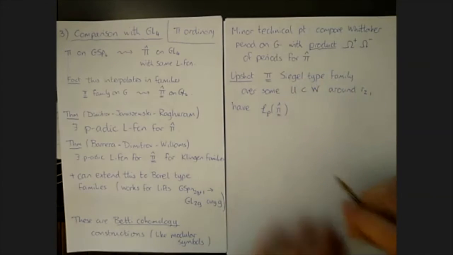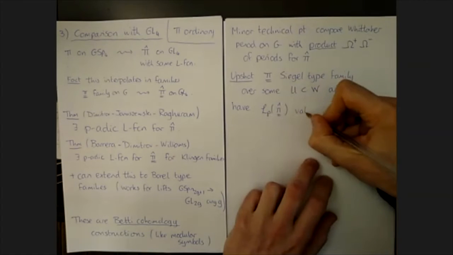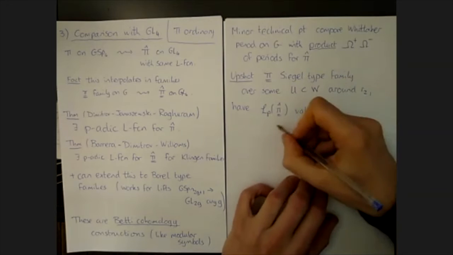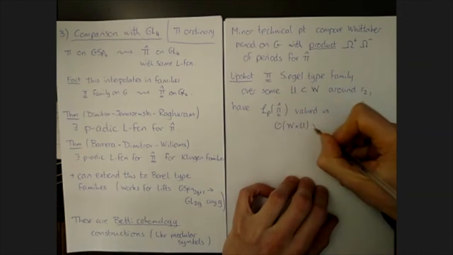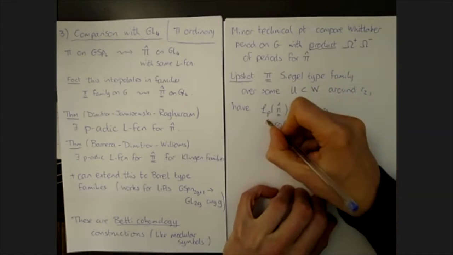And if you want to make explicit the dependence of the periods, I think valued in, I just mean it's an element of